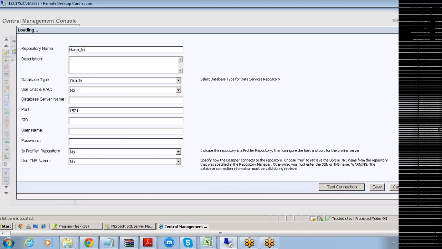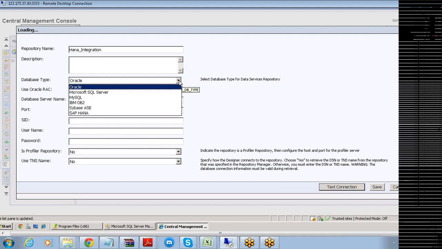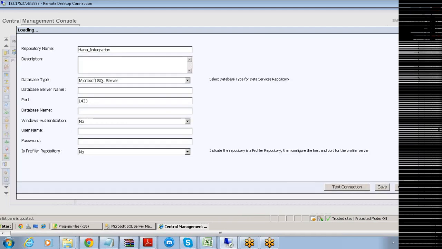HANA underscore integration. What is the database type? The database type is SQL Server. What is the database server name? The database server name is the server we have done here. What is the database name? HANA underscore integration.